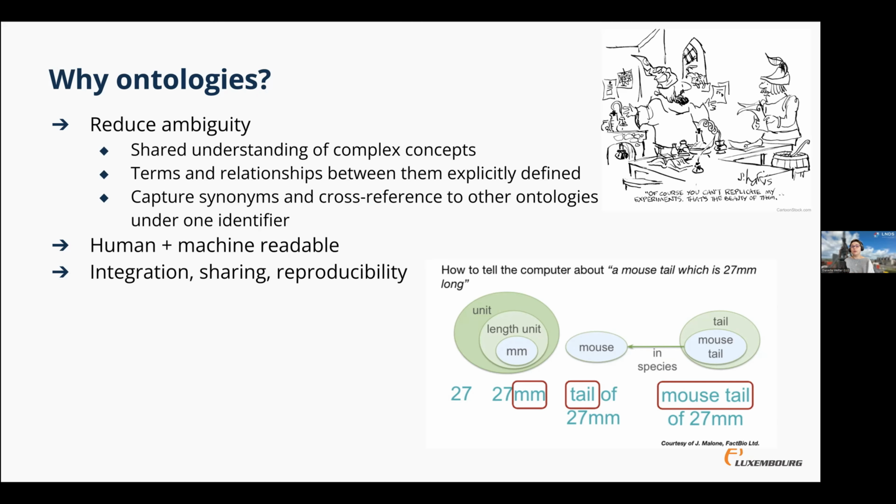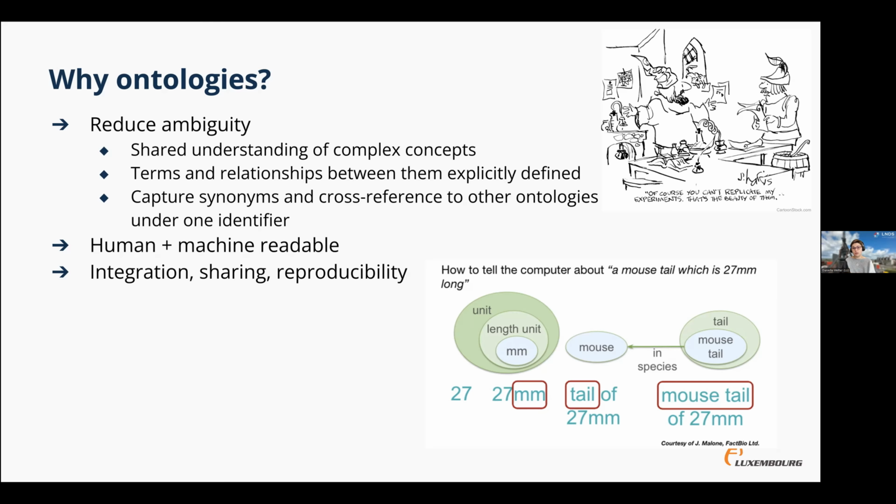Again, that's something I'm going to talk about a little bit more in a few minutes. It's also as basic as capturing cross-references between things and synonyms. There are lots and lots of ontologies out there, and if you've used one and I've used another, rather than one of us having to go back and change all our work, if there are cross-references and cross-links between these concepts, we can still get from A to B without having to redo a bunch of work or remap everything, or just go, oh no, this is not possible.